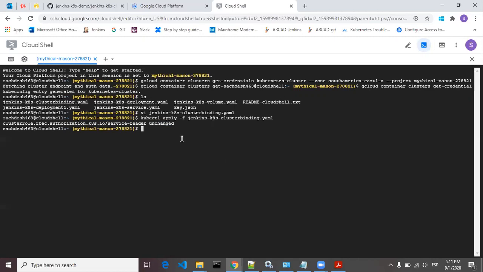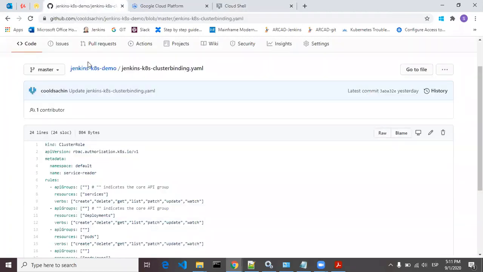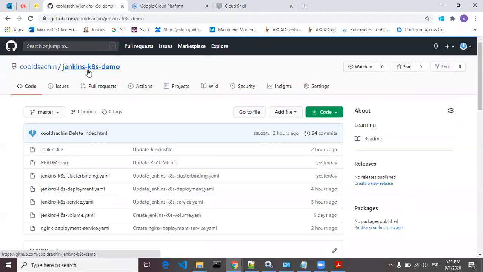So one by one you have to apply all these changes except the last one, that is nginx deployment service.yaml, which we are going to create using the Jenkins file. So you have to apply the kubectl command on all these 4 YAML files.